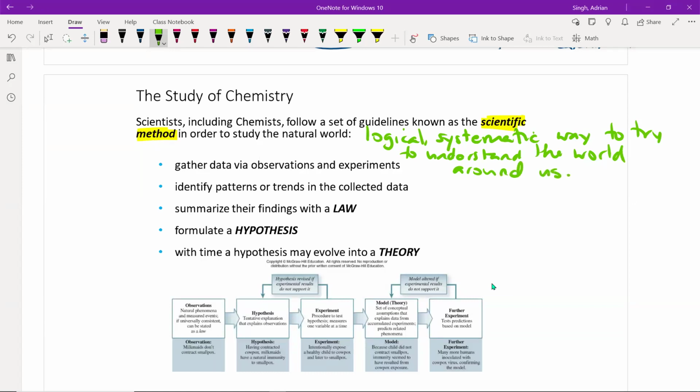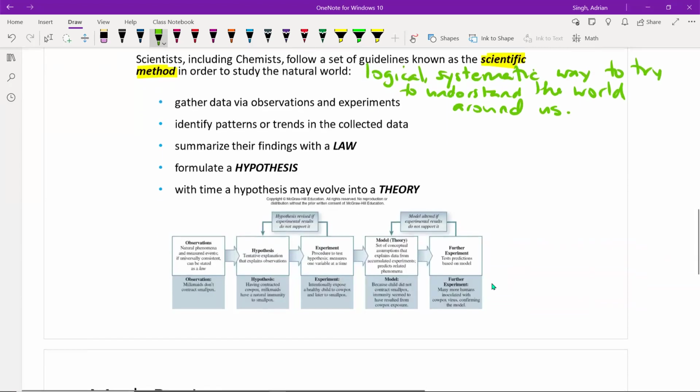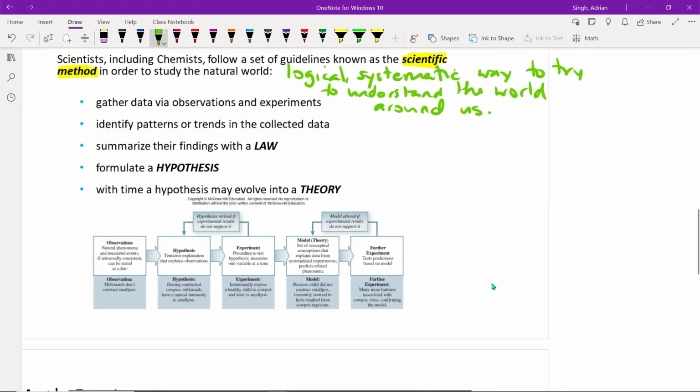Okay, and you probably use the scientific method on a fairly regular basis, but maybe you don't necessarily refer to it as the scientific method. But it is when you have a problem, for example, your car doesn't start, and you try to figure out why is it not starting, and you go through all the different options of reasons why. You're actually employing the scientific method, and we'll talk a little bit about what that method is here in a second. Your book does a good job of highlighting some specific examples in the past, but we'll talk about some